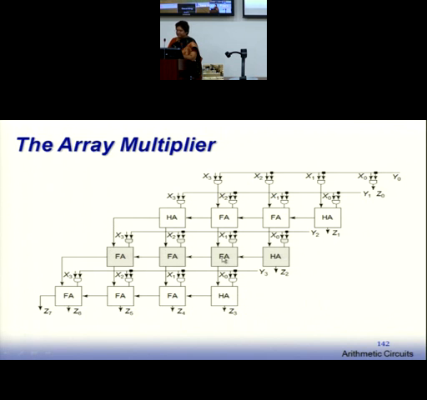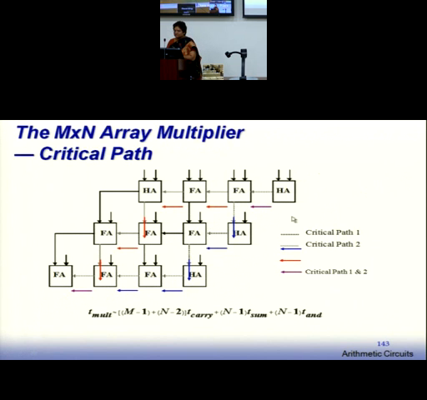So now if I implement this, can you identify the critical delay path? Maximum delay will come from which path? There can be many paths. It can come from here, here, here, here, or this way, or this way and this way, or start from here, go here and here.